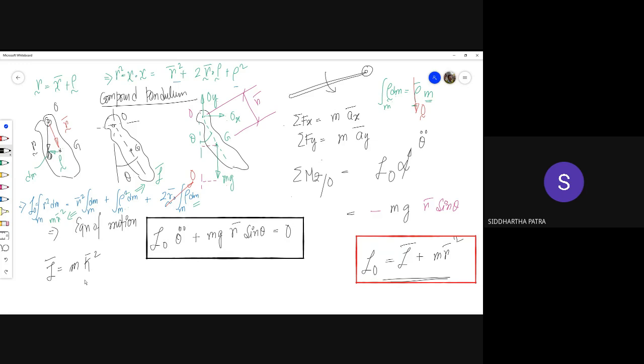The idea is, if we know this radius of gyration about the center of mass, we can get the mass moment of inertia about the center of mass. So that makes I_O to be m times kappa bar squared plus r bar squared. So the final equation of motion